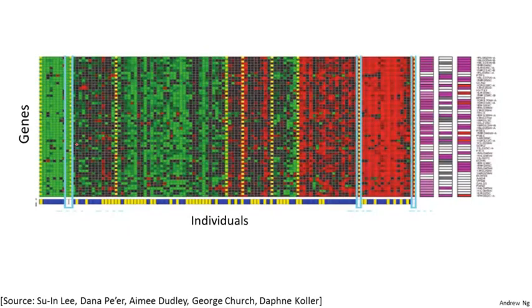Here's one on understanding genomics. Here's an example of DNA microarray data. The idea is you get a group of different individuals, and for each of them, you measure how much they do or do not have a certain gene. Technically, you measure how much certain genes are expressed. So these colors, red, green, gray, and so on, show the degree to which different individuals do or do not have a specific gene. And what you can do is then run a clustering algorithm to group individuals into different categories or different